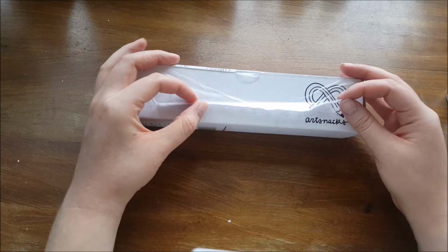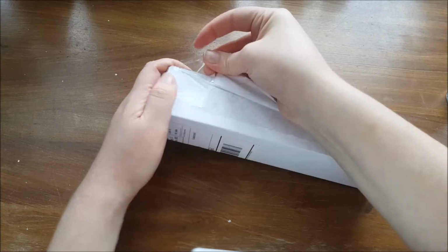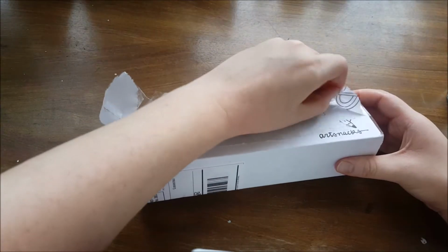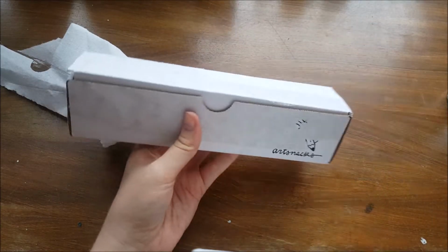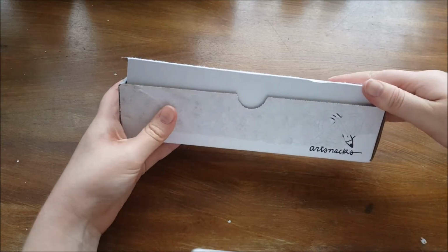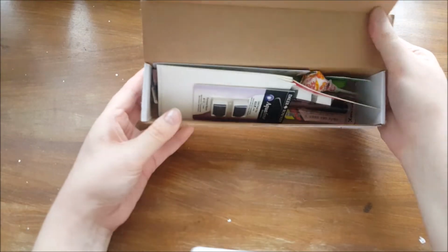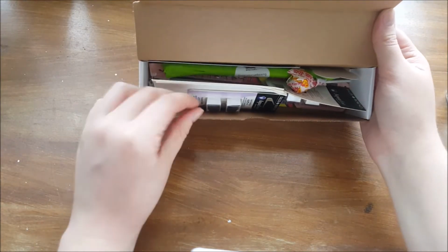As you can see, I have already ruined the logo. Oh no. Wait, no. Oh no. How am I supposed to— oh, there we go. Okay, so after that very easy opening, there we are. It's a very thin box, so I'm wondering what it's gonna—